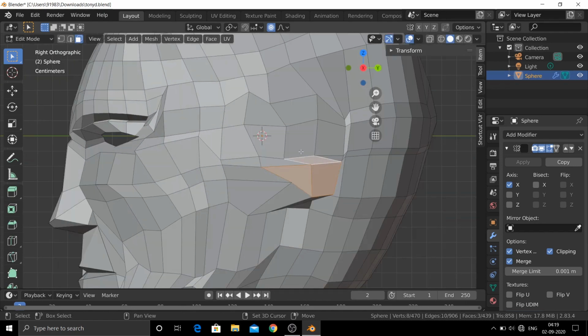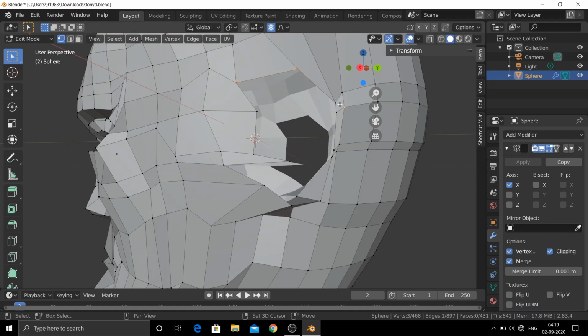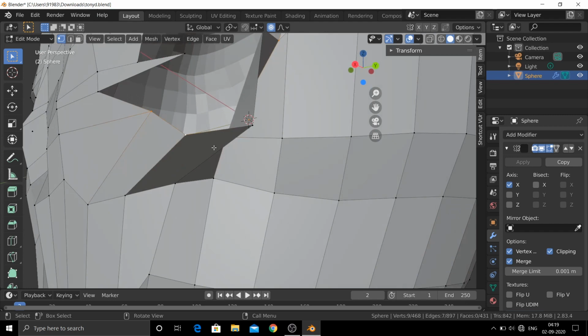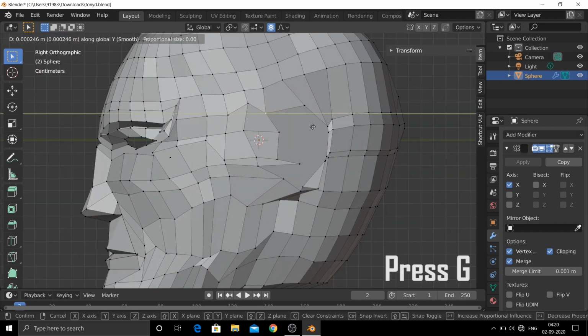Now select and delete. Let's make these vertices the ears. Change to vertices, then select the vertices. Then press F. Now adjusting it.